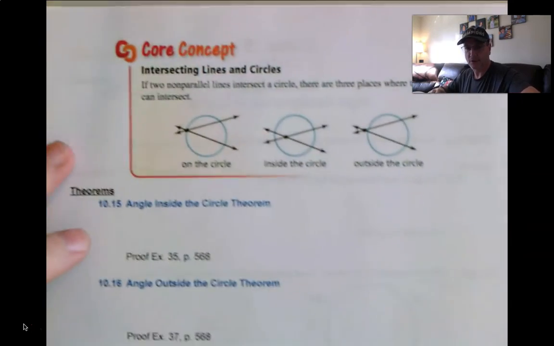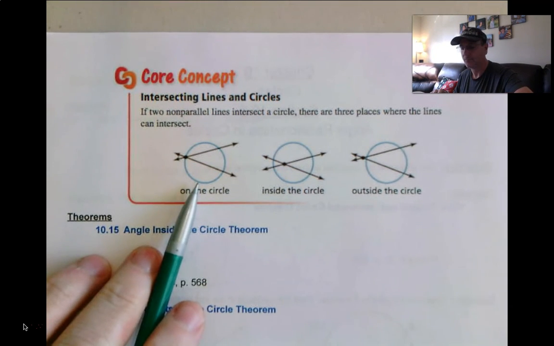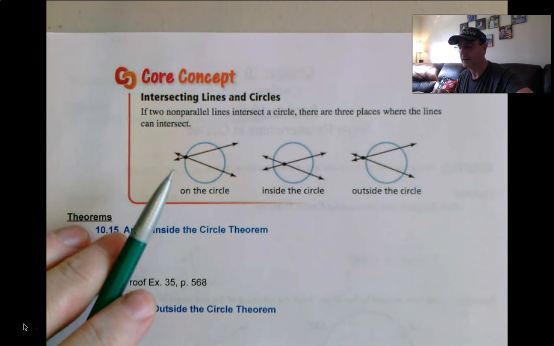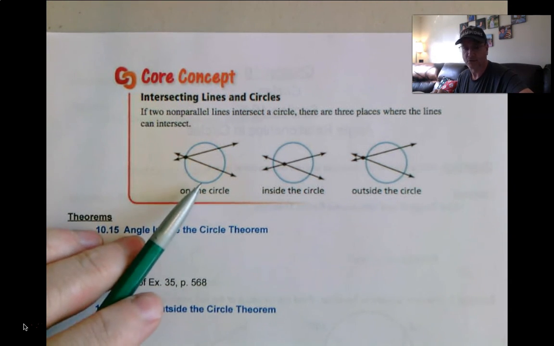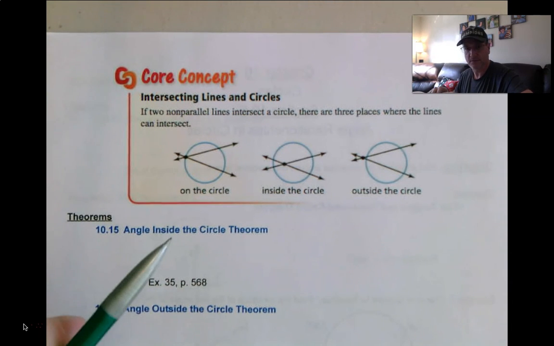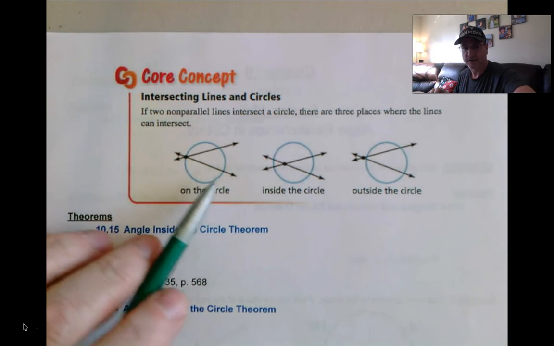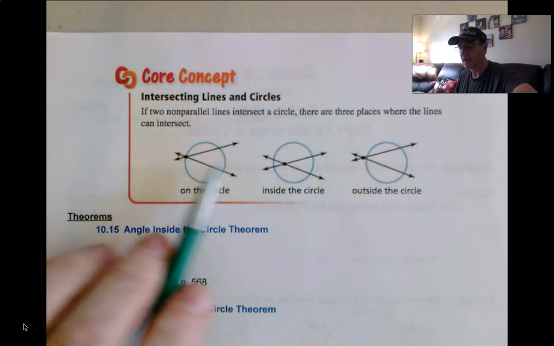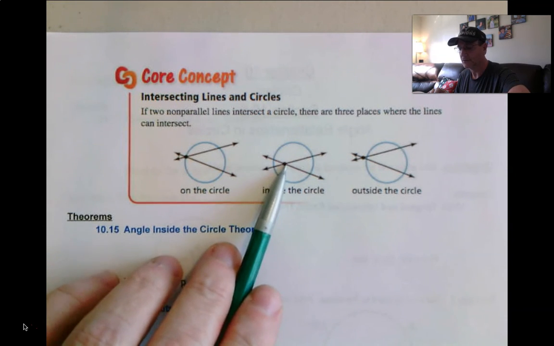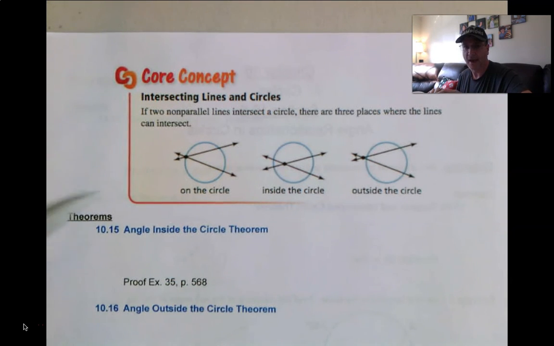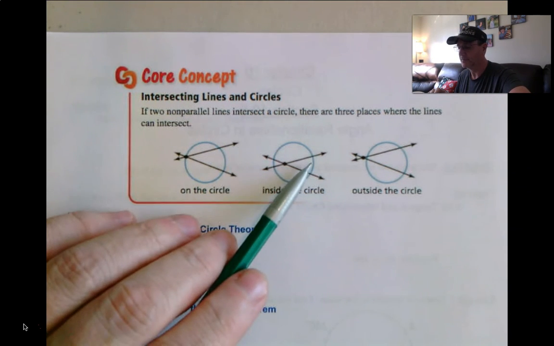Now the next major concept in this unit is outside, inside, on. Depending on where the two secant lines, non-parallel lines, are intersecting the circle, I suppose they can be tangents. We're going to get to that later. But if they're intersecting the circle, where they intersect each other, whether that is happening outside the circle, inside the circle, or on the circle,